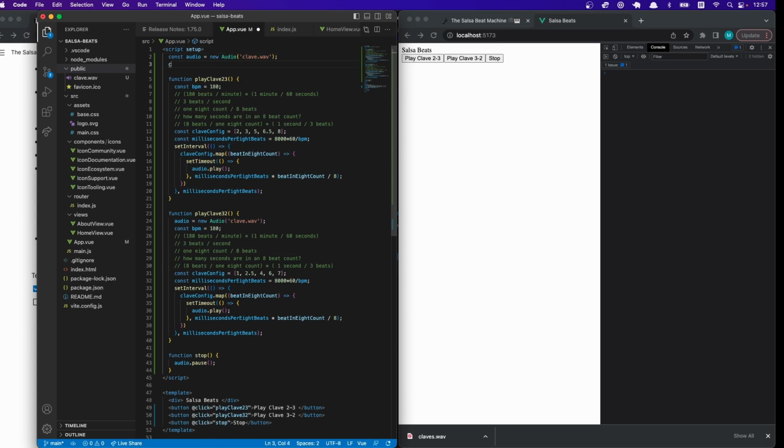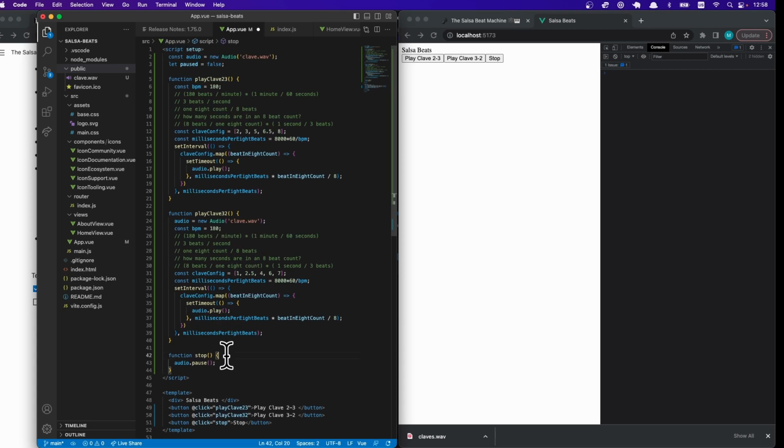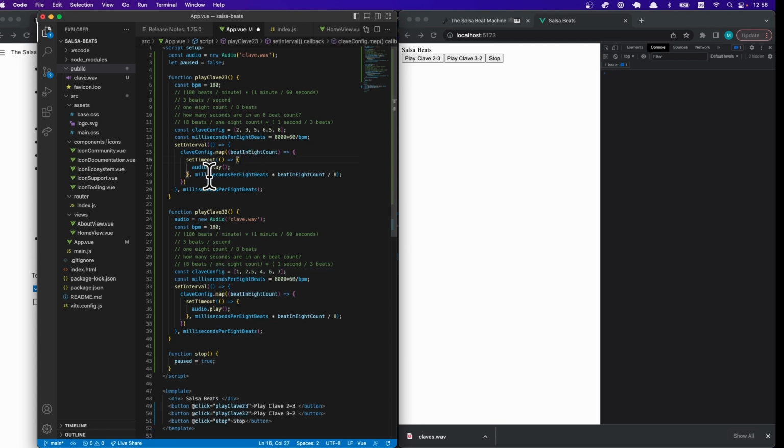So why don't we do this playing state? Whoa, sorry. Okay, so why don't we give this a const. Well, let's just assign this a variable first, and then we can use the proper best practices review. So let's do is playing equals false. So at first, paused equals false. And if we click stop, all we're doing is setting pause to true. That's all we're doing. And then within this method here,